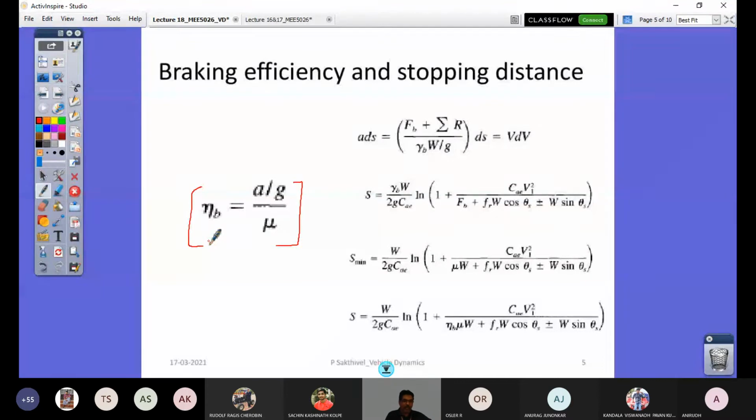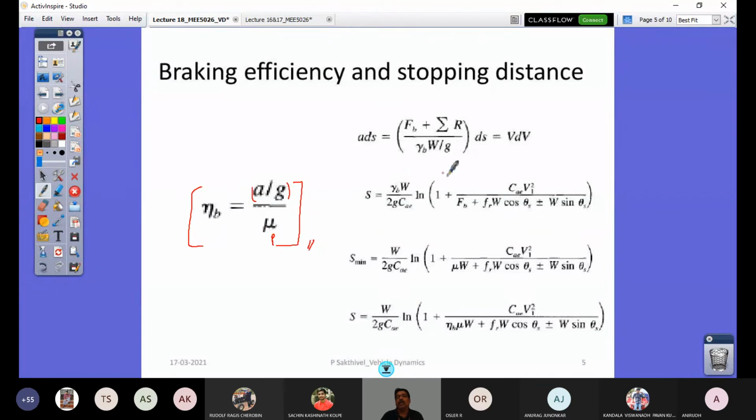You have to say that before wheel lock, the maximum deceleration rate. So this is your deceleration rate. Maximum deceleration rate achievable prior to any tire lockup, to that of the ratio of mu p, the road adhesion coefficient. Why I put subscript p here is there is also mu s. Mu s is the sliding coefficient, the Coulomb friction coefficient. To differentiate that, you can put mu p, or simply mu refers to mu p in the textbook, right? So this is one that you know.